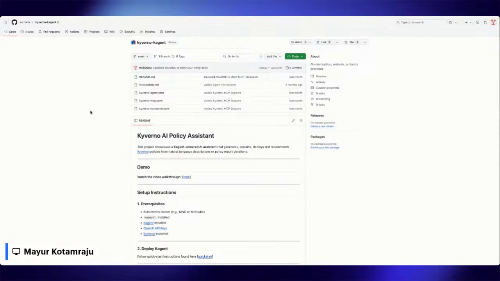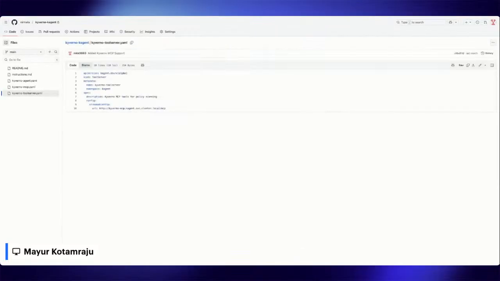So I do have a GitHub repo here that I've pushed everything to, and there are a couple of files. So let me take a moment to look into some of these files, right? The first thing is the tool server. When I think of the tool server, think of it as the registration desk for all the tools in your MCP ecosystem, right? The file declares the Kyverno MCP tool as an agent, and it describes what tools there are and where they can be reached. So you can see the description, a human readable context; in this case, we're saying it's a Kyverno MCP tool for scanning.